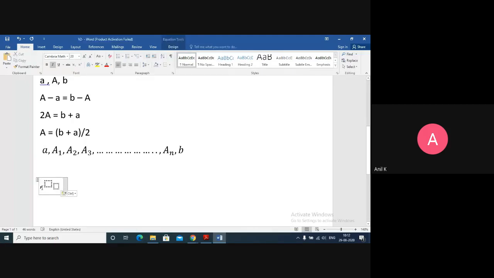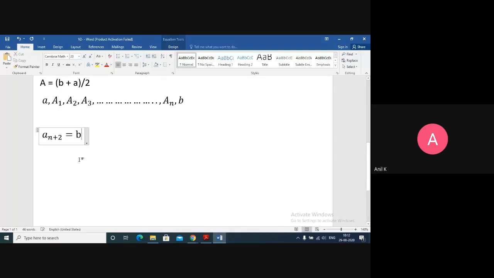So here I'm going to put as my n plus 2 number, the (n plus 2)th number is going to be B. Okay. So my n plus 2 formula is A plus (n plus 2 minus 1) into D equals B. Why am I taking A here? Because my starting value is A in the sequence, so your A value will still remain as A only.